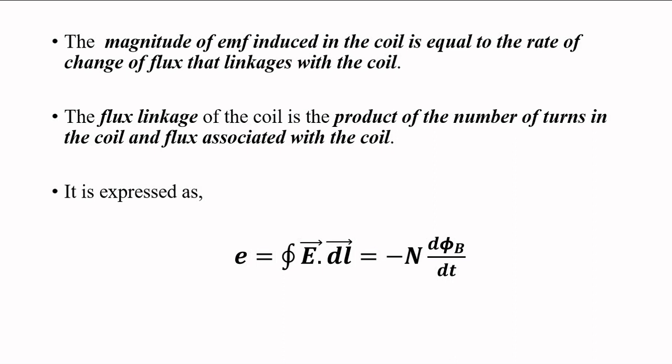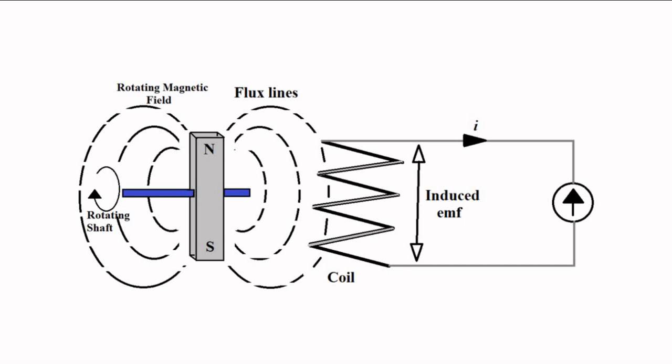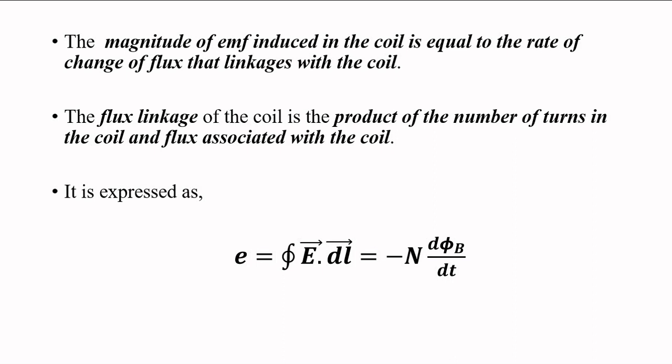And this is equal to minus n d phi b by dt, where phi subscript b is the magnetic flux, and n is the number of turns of the coil, the wire which is wound over the conductor. So EMF induced is equal to minus n d phi b by dt,